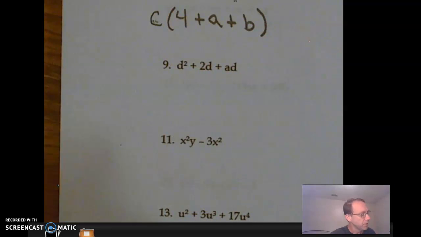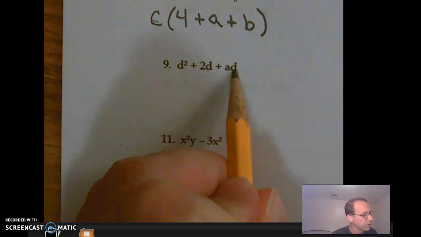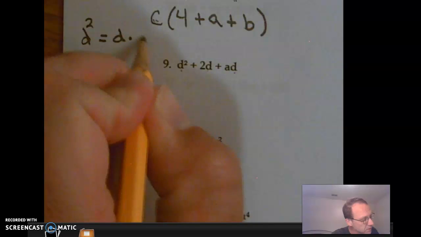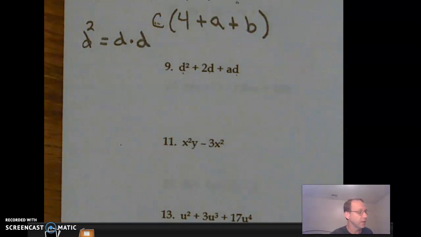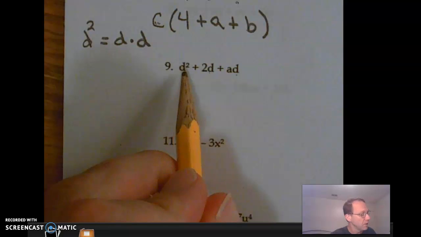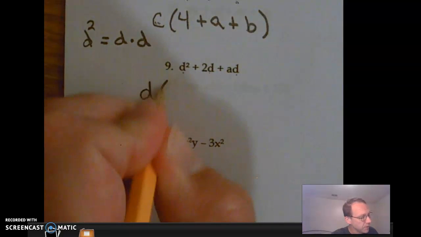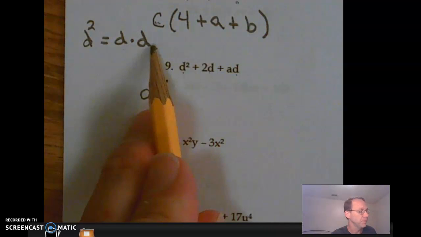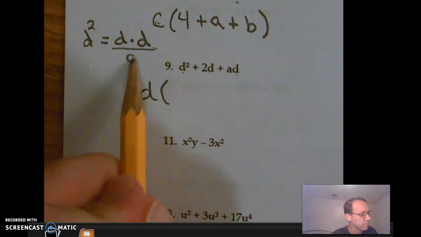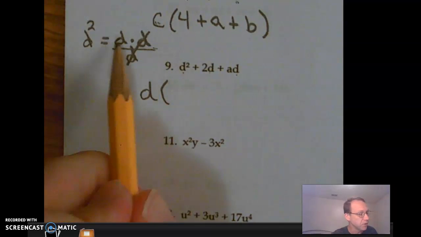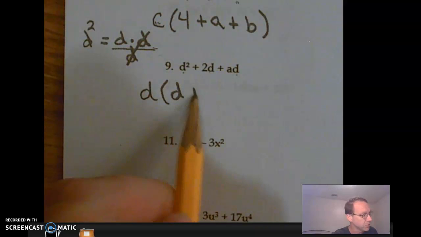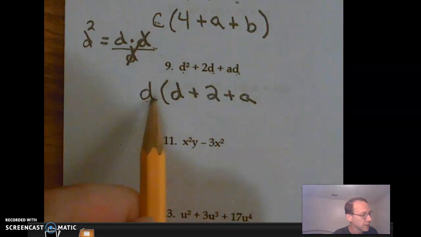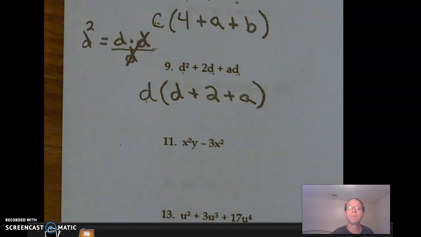Let's look at number 9. So notice we have a d in common in all three. Now this one is d squared. So d squared is actually d times d. Okay, so we actually have two d's here. So when we factor out a d, you're taking away one of these. So here we had two of them. And basically what we did was we divided by 1d and leaving you with 1 left over. Plus 2, d cancels, plus a, d cancels. All right,